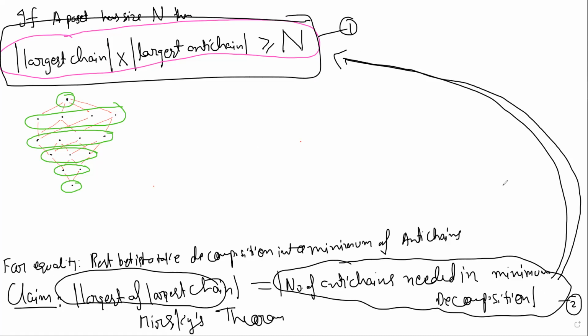We want to show how 2 will imply 1, because 2 is a finer statement. Right? 2 is a finer statement. We want to see how 2 can imply 1. Assume 2 and try to show that